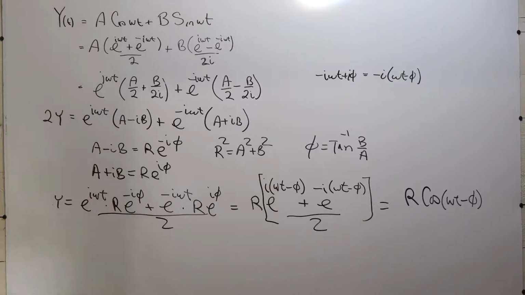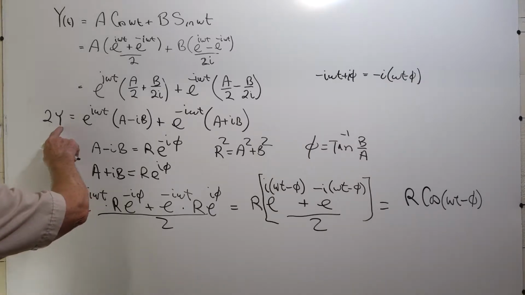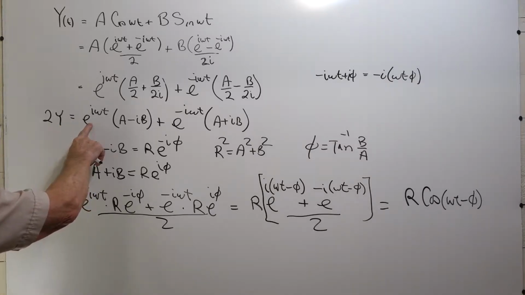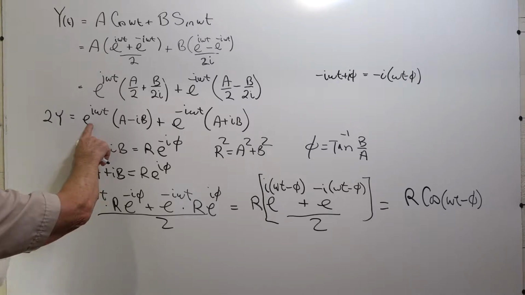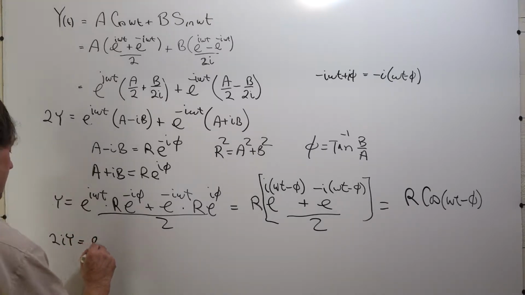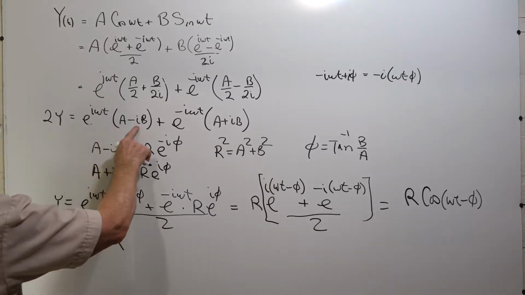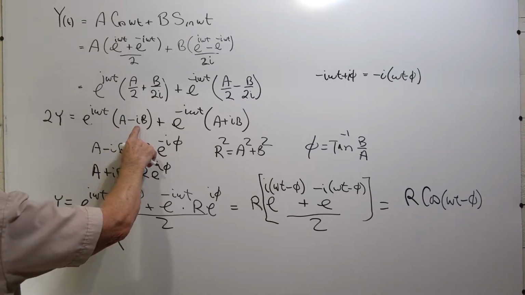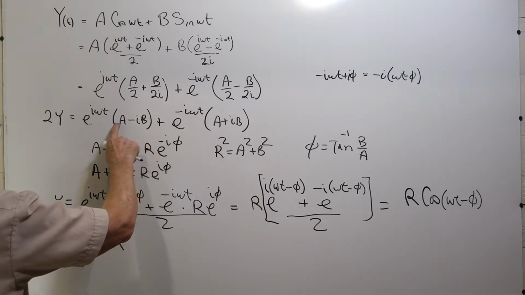Now, if I take this equation and multiply it by i, then we can get a new form. If I multiply this through by i, I'll have 2iy is equal to e to the j omega t, and then I multiply through by i here, so this becomes